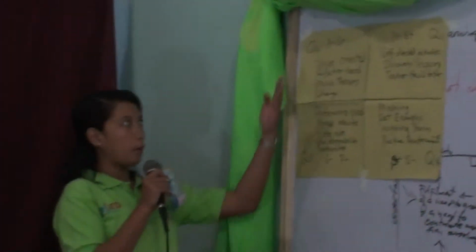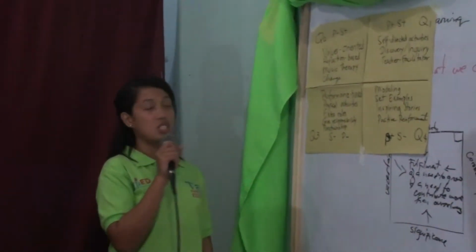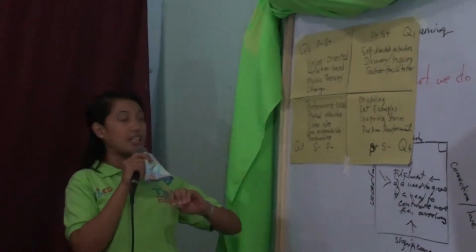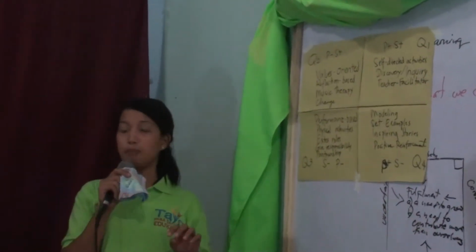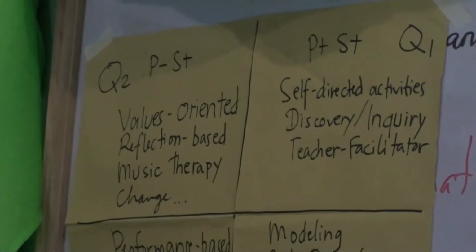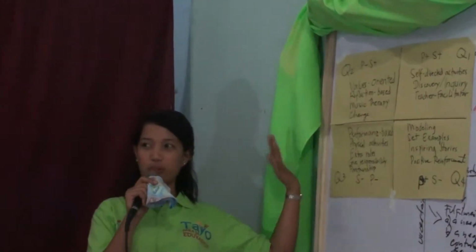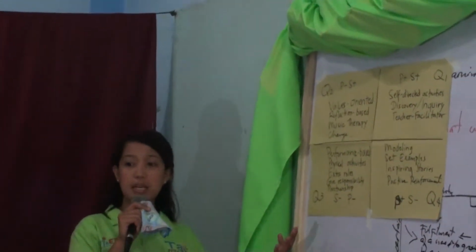quadrants. Okay. So for the second quadrant, negative for the personal need and positive for the spiritual need. Since the strength of this kind of student is on the spiritual need, we'll just highlight the strength of the student. Okay, so we'll just give them values-oriented activities, other activities include reflection-based activities, and then usually I cannot remember if we had this in one of our values classes, but normally